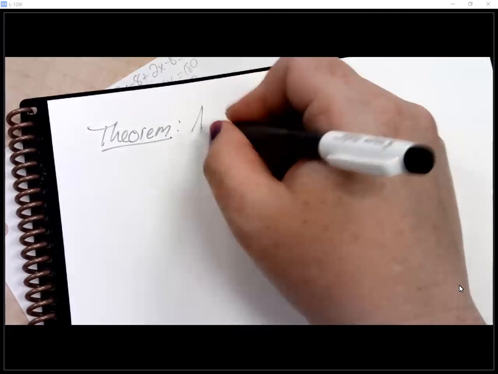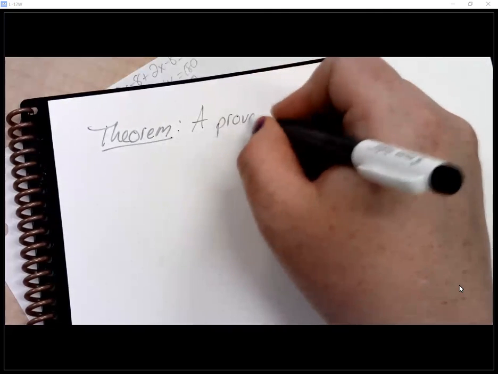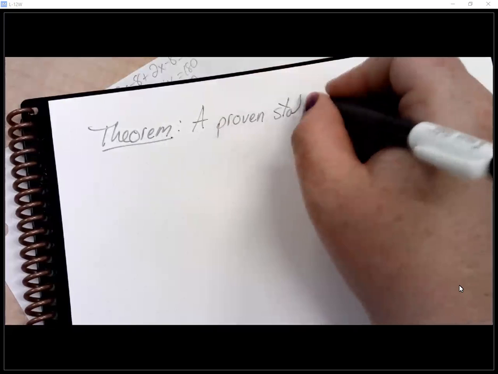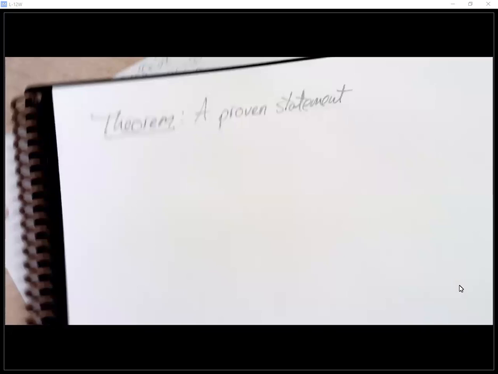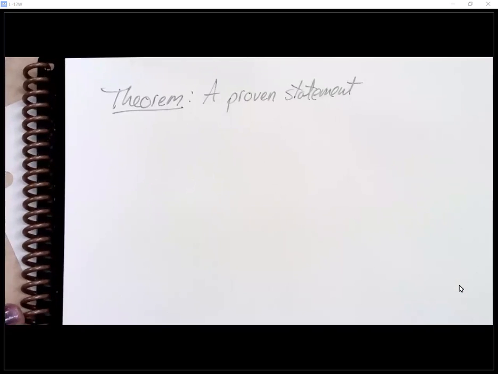A theorem is a proven statement. These are things that I can prove, like the Pythagorean theorem. When we get there, I will prove to you that the Pythagorean theorem works. You can show it mathematically in so many different fun ways. I'll even show you a video where people use water to prove the Pythagorean theorem. It's so cool. So anyway, the first theorem that we're going to use is that the intersection of two lines